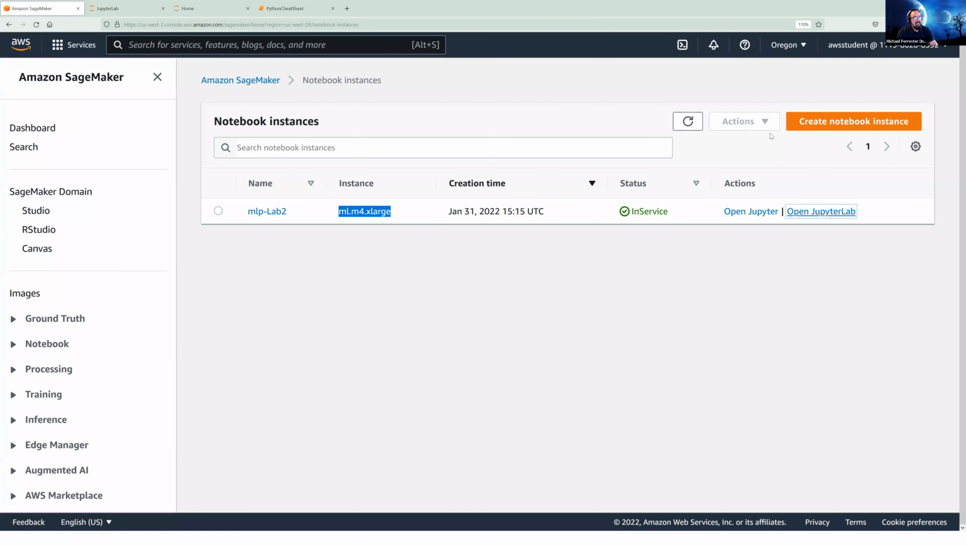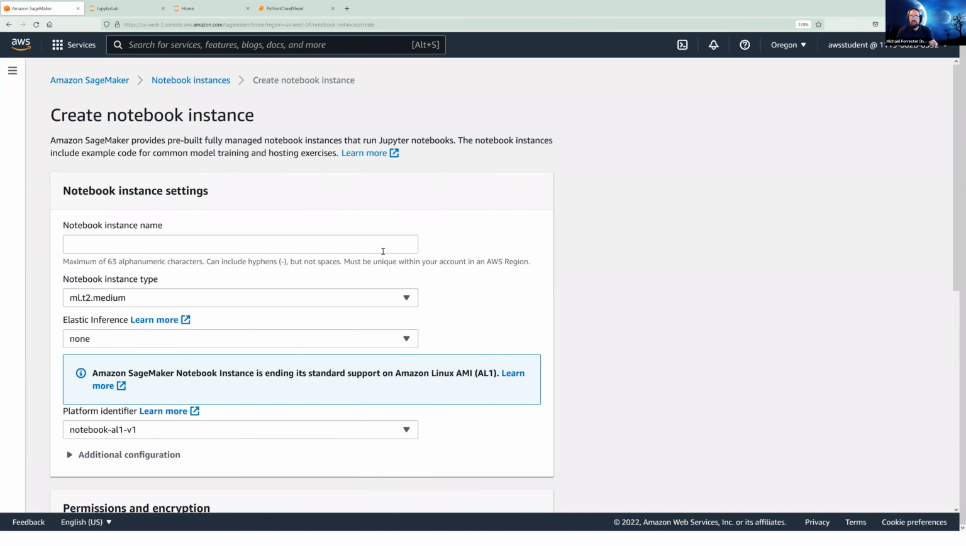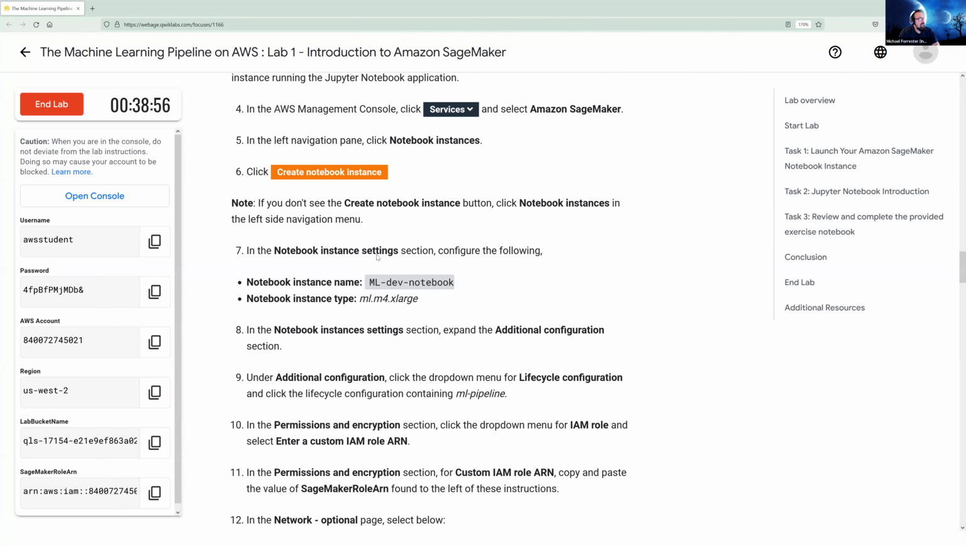Just to come back, the demo was to create a notebook instance. And the reason I'm showing you this is that you're about to do this in your own lab. I want you to really pay attention, because I'm pretty much going to do it the way the lab does it, right? Now, here's a word of advice about Quick Labs labs. Actually, let me open up the instructions for this lab and pull it over. Here we go. If you have instructions, like this lab right here, and it has a gray box like this, and it says capital ML-dev-notebook,